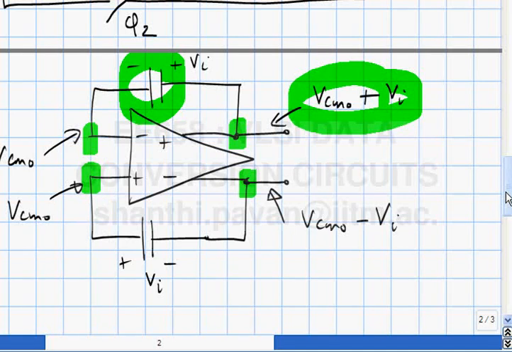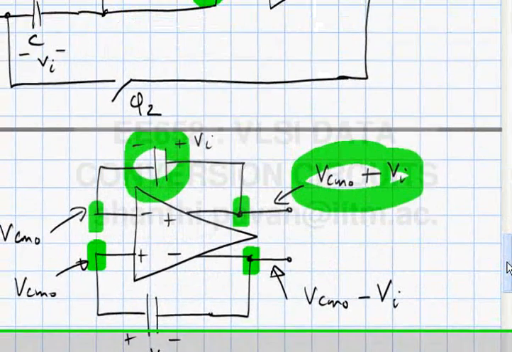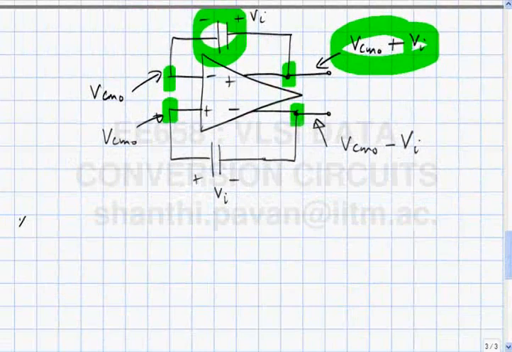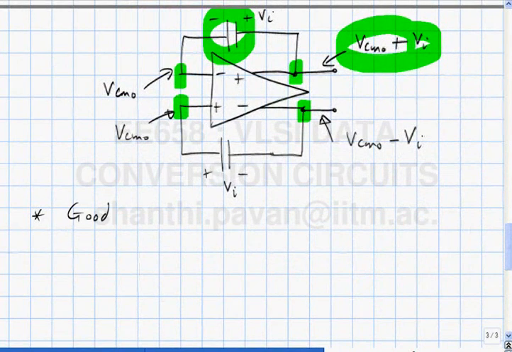If the input common mode becomes too high, then you'll push the low transistors into triode. So there's a very definite, well-defined range for the input common mode, and it's often not a good idea to keep switching the input common mode of the op amp up by large values. So a good design choice